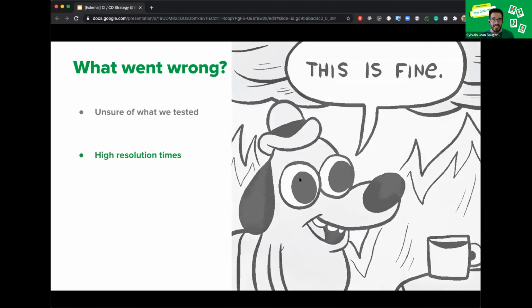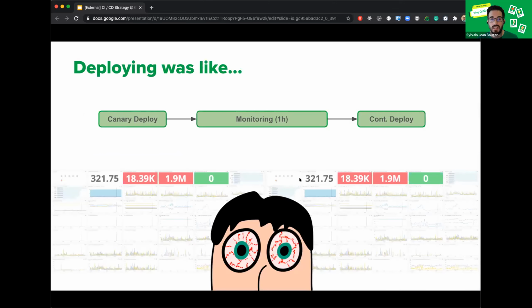So we also had pretty high resolution time. When we deploy 60 changes per day, day in, day out, it requires quite a number of people behind the scenes to be able to handle whenever an incident occurs and jump on that call, where everybody is screaming for help to get these things sorted out and resolved, because we don't want to impact our users, of course. One of the ways we made our deployment safer is by automating that process completely.